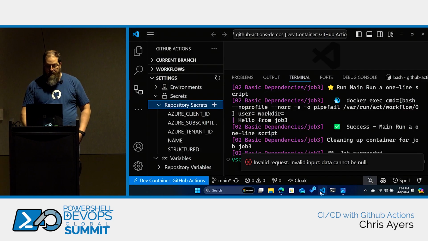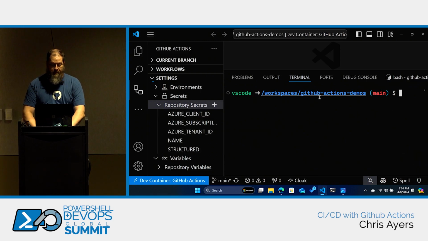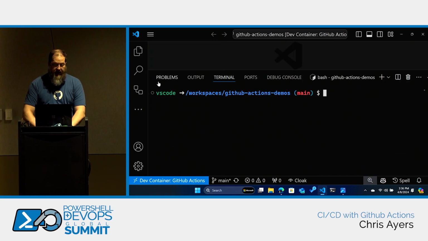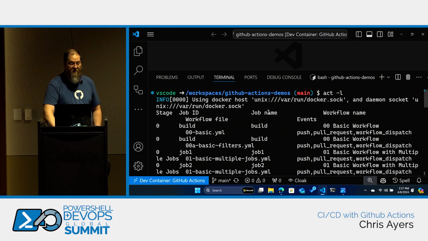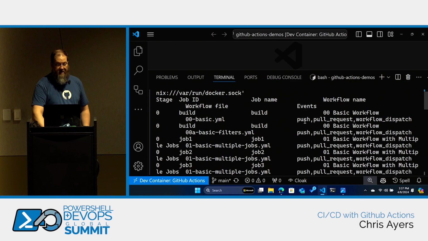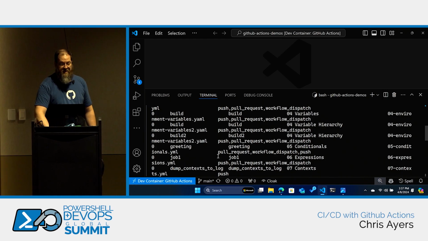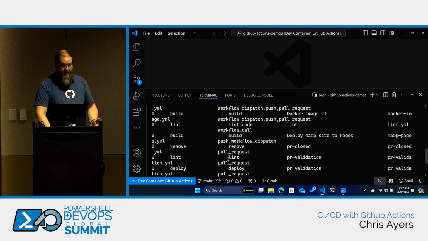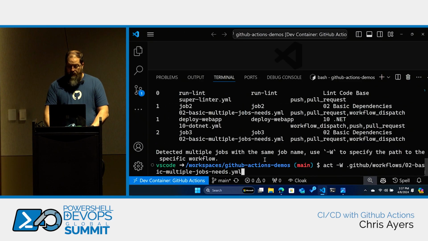So, all right, this can go away. I have Act installed here, so I can do -L. This lists out all of the available jobs and the events that triggered them, like push, pull request, workflow dispatch. There are different jobs. So I could execute something like, hey, I want you to run